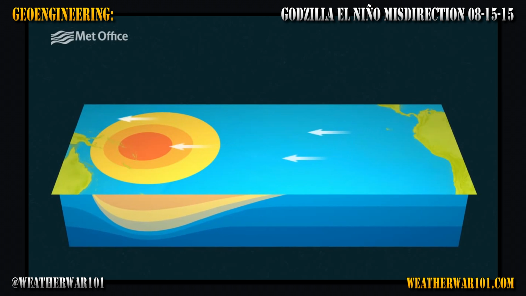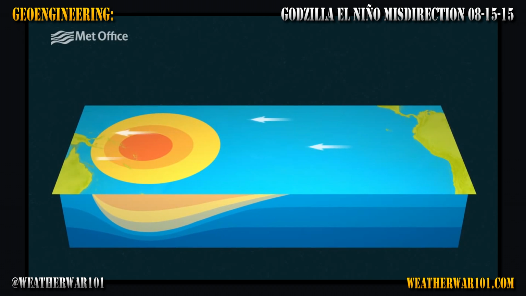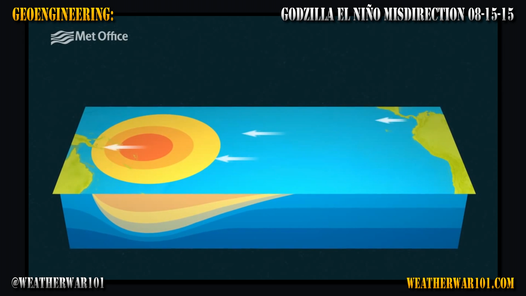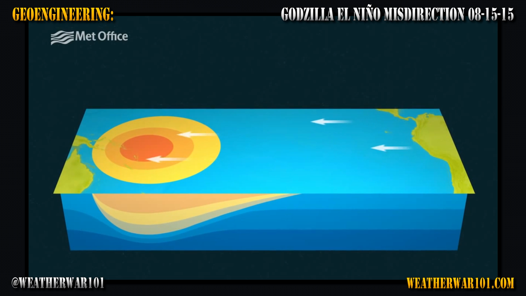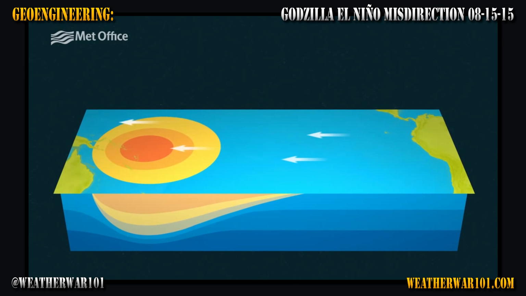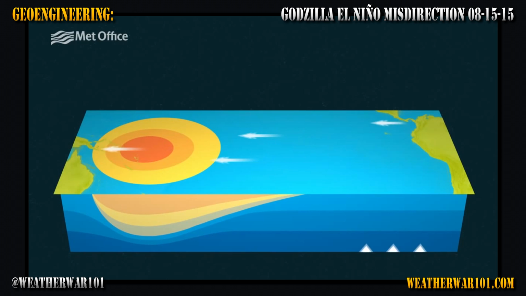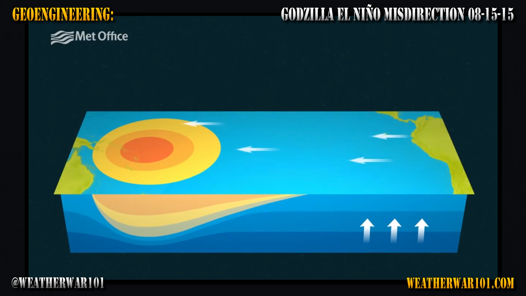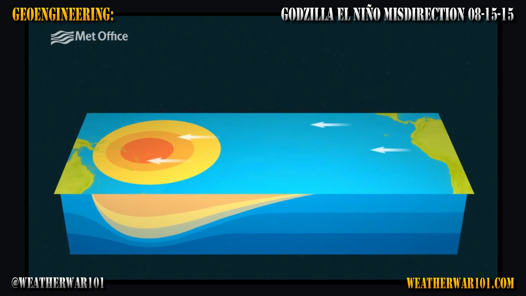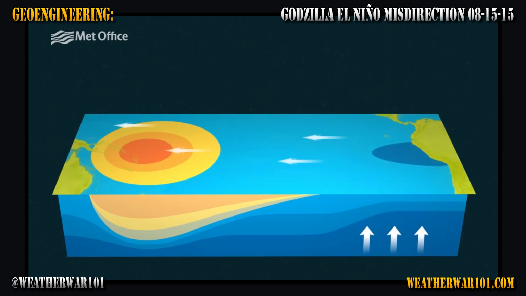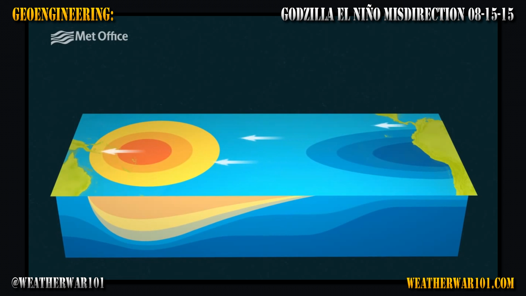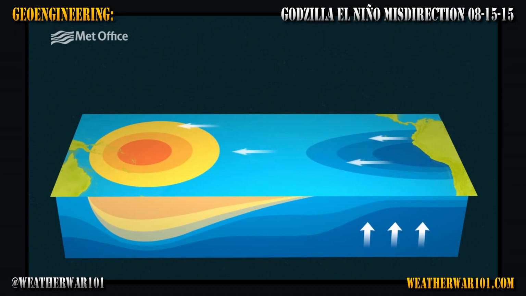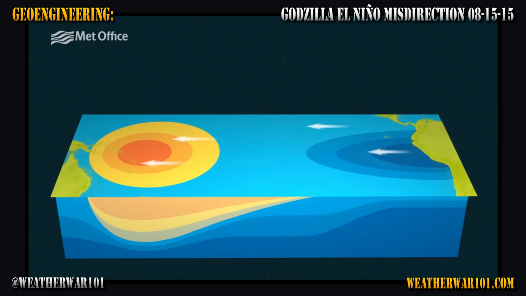These winds push warm water near the surface in their direction of travel, so the warm water piles up on the western side of the ocean around Asia and Australasia. On the other side of the ocean, around South and Central America, as the warmer water gets pushed away from the coast, it's replaced by cold water which is pulled up from deeper down in the ocean, a process called upwelling. This creates a temperature difference across the tropical Pacific, with warmer water piled up in the west and cooler